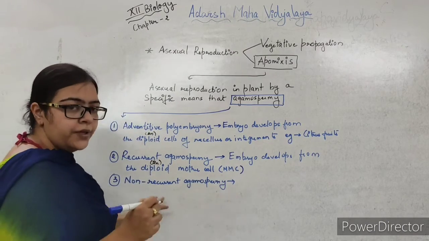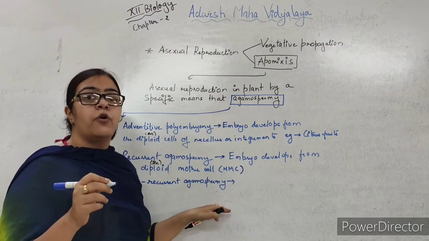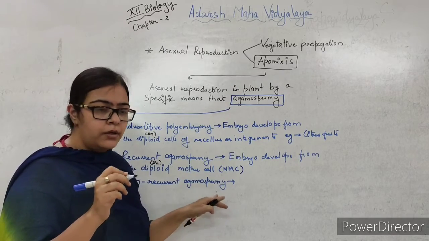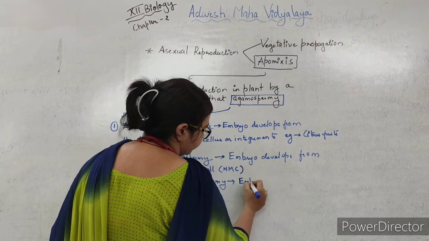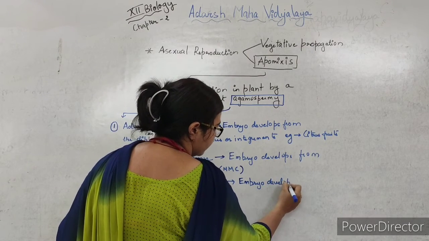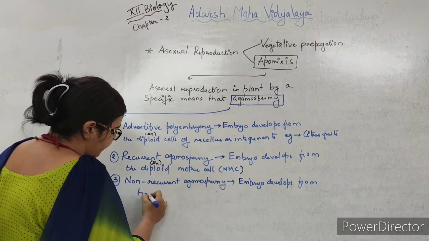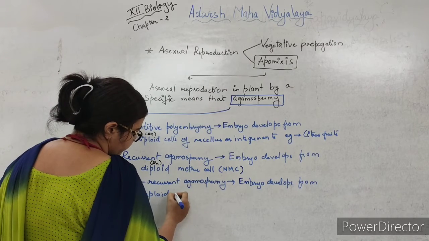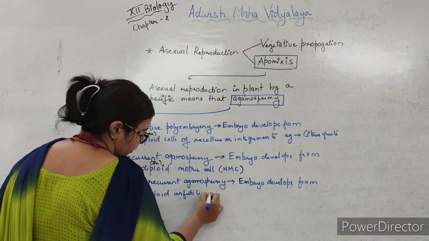Here in non-recurrent agamospermy, the embryo develops from haploid unfertilized egg. What? The embryo develops from haploid unfertilized egg,